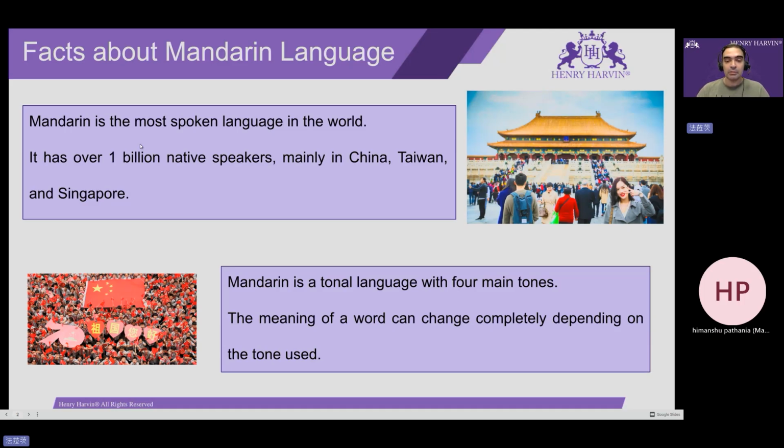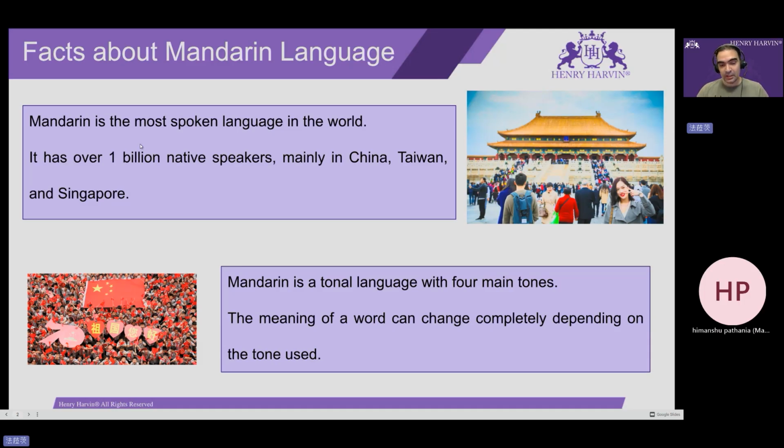So overall, the Mandarin language and culture is centralized in many different regions of Asia Pacific. Currently, it is also one of the most prominent languages in the world in the business domain, because of the growing economy, not just in China itself, but also on the Taiwan side, with the semiconductors and electronics industry, especially related to tech and computer science. You will see a lot of contribution from their side as well. So it is a very important language to learn.